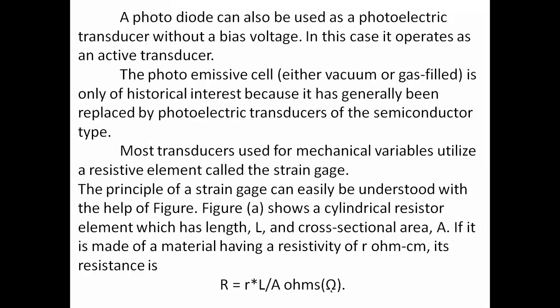Similarly, we can observe a weight checking machine, for your weight checking. In the weight checking machine also there is a strain gauge, which is not visible to us. So we have a number of applications of the strain gauge for measurement of weight. How does it convert the weight or strain into corresponding electrical signals? That we will see. The principle of the strain gauge is easy to understand with the help of a figure.